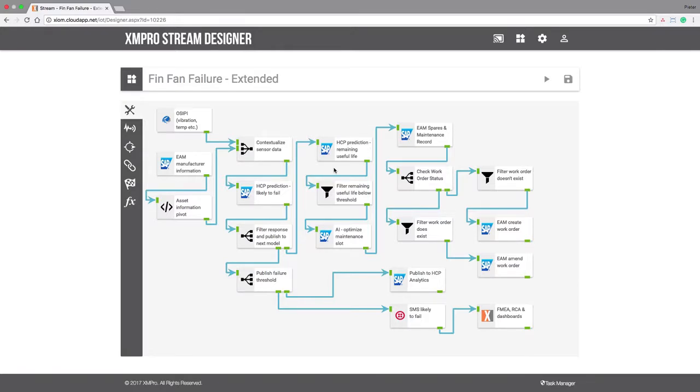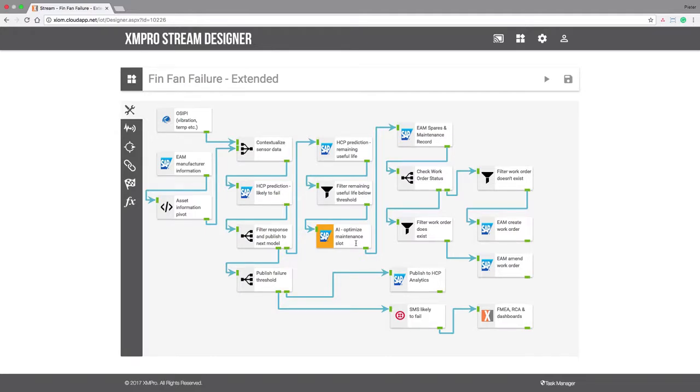So say, for example, in this instance, we get a remaining useful life of 100 hours. It means we have a window of opportunity to maintain that piece of equipment within 100 hours. The challenge with that is where in the 100 hours is the best time to do that. And with XMPro, as you can see, you can chain multiple algorithms and logical components and analytics together. So by chaining a first predictive model, a second predictive model, and a third optimization model, this one will look at production schedules, at customer orders, at maintenance work orders, and find the best slot to do